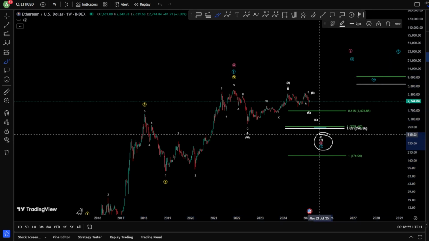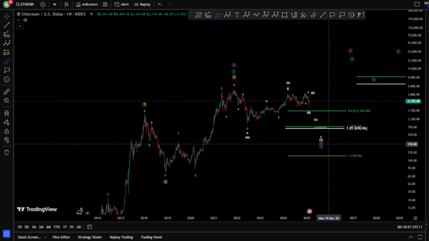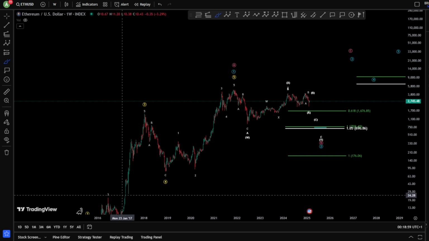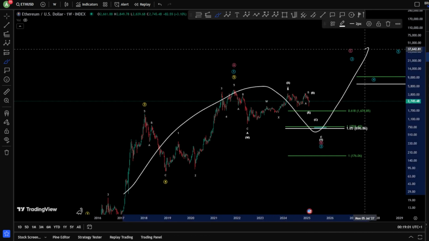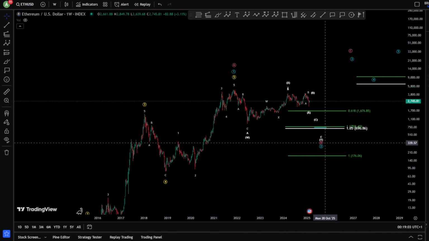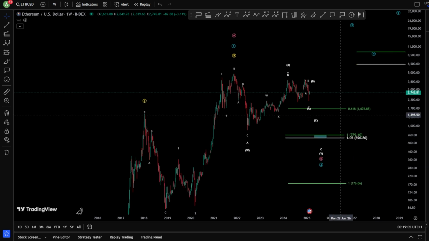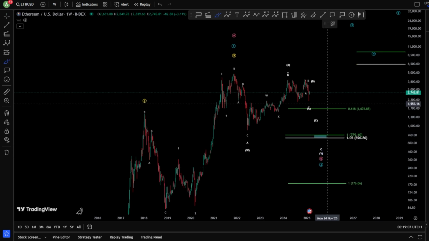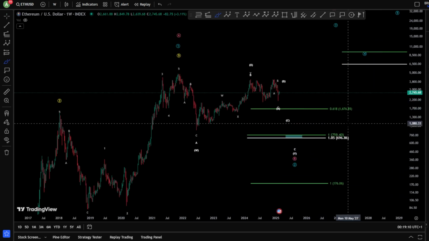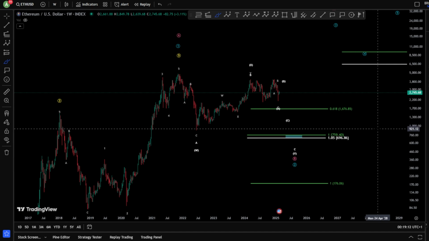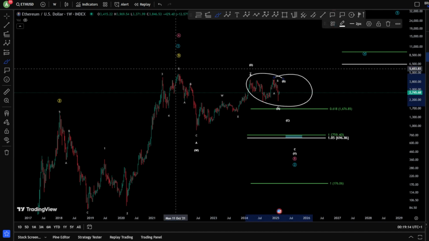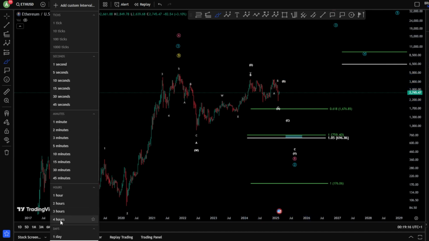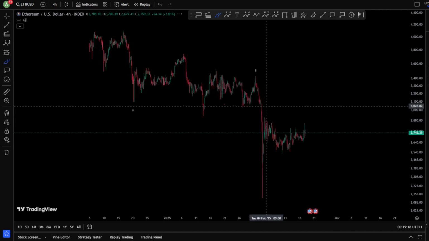So basically you have finished a wave 2 or a wave B probably here, of course, as an A, a B, and then continuation for a wave C. However, the bottom of these scenarios is most possible at 1676. Now, if we take a closer look at the 4-hour chart for this drop toward the